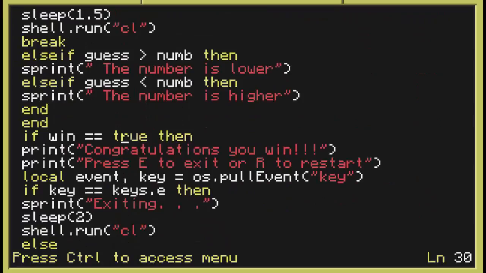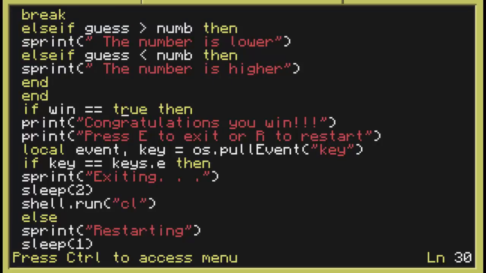If when equals true, then print "Congratulations, you win." Print "Press E to exit, R to restart." Local event, key equals os.pullEvent key, which I already showed what that does, but it just figures out what